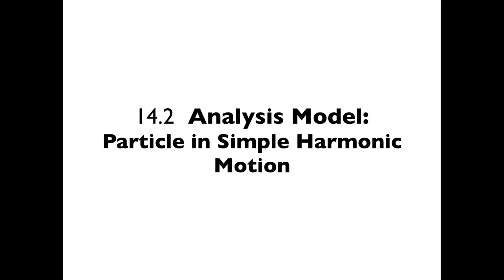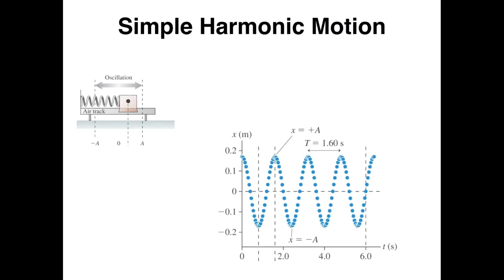So we want to analyze this. If you took some sort of screenshots of this, here you could see this thing is oscillating back and forth between A and -A. So A, -A. So it's going back and forth, and this one's centered at 0. So you can see here, this is our equilibrium, this is our maximum amplitude, this is our minimum amplitude, and so our maximum amplitude we'll call positive A, our minimum amplitude we'll call negative A,